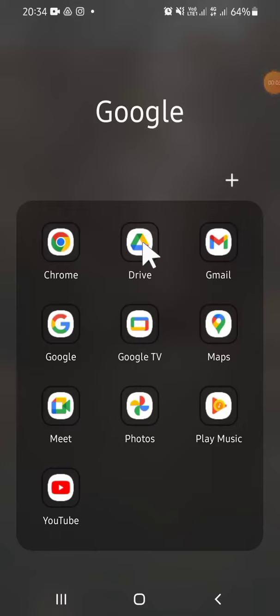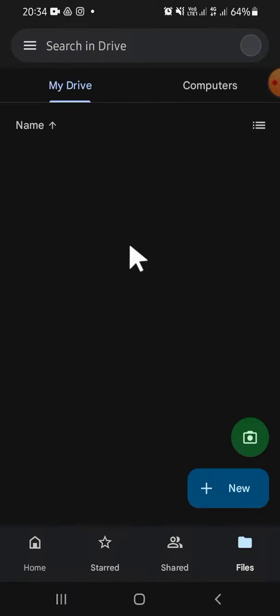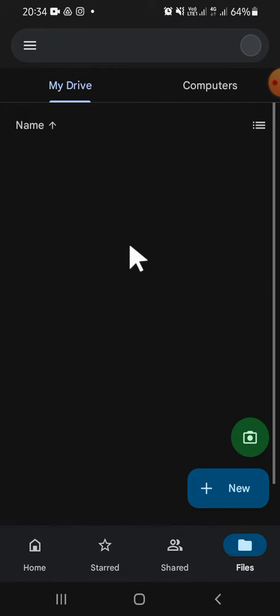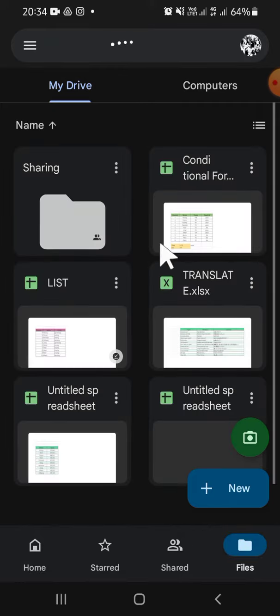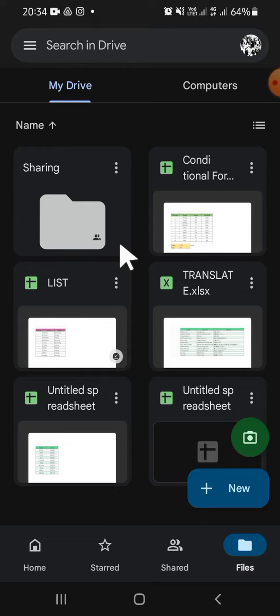In today's video, I'll be showing you how to upload audio to Google Drive. Alright guys, first of all, go to your Google Drive application on your phone, and after you have your Google Drive application opened, you can select a folder where you want to upload your audio to. You can also upload the audio outside the folder, and I'm going to upload the audio outside the folder, so